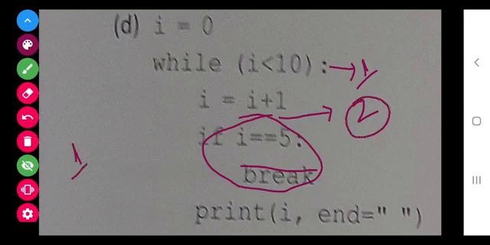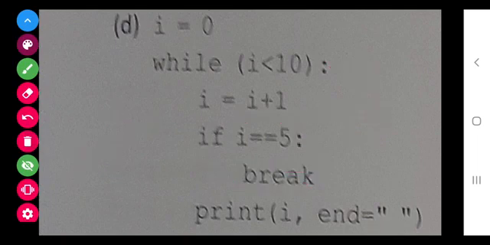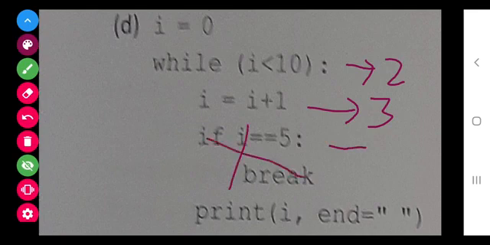And the output now, 1 was already there, now it is 2. This comma will not come, a gap will come, as we have given a gap here. If we give a comma here, then a comma will come. So for the next time, i will become 2. Again it will check with 2. 2 is smaller than 10. So again this part will execute. That time i will become 3. Again this condition fails and it will display 3.